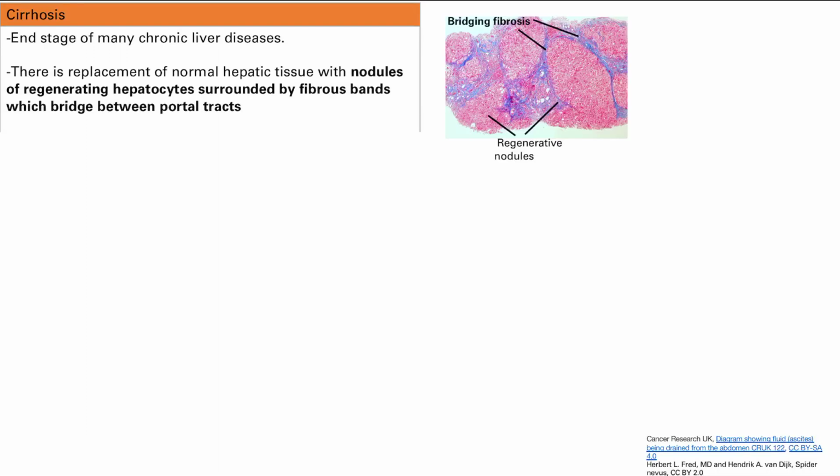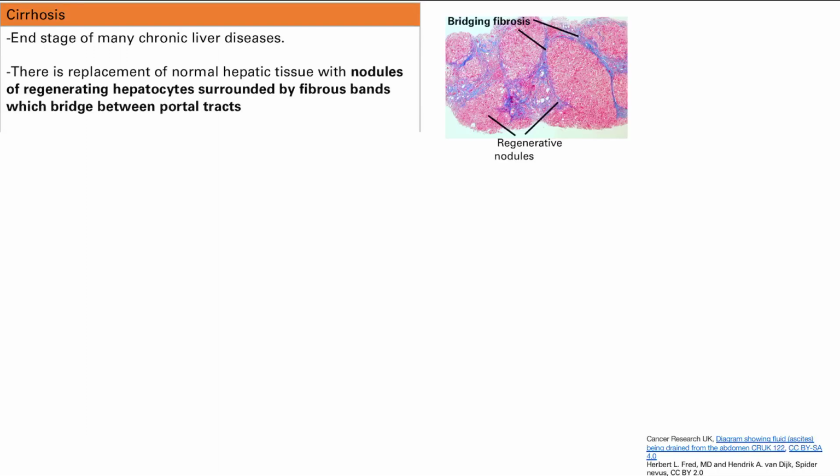So cirrhosis. What is cirrhosis? Cirrhosis is the end stage of many chronic liver diseases. You can basically think of this as chronic liver failure or end stage liver disease. What happens with all these chronic liver diseases is it causes liver damage, and eventually you're going to get scarring,